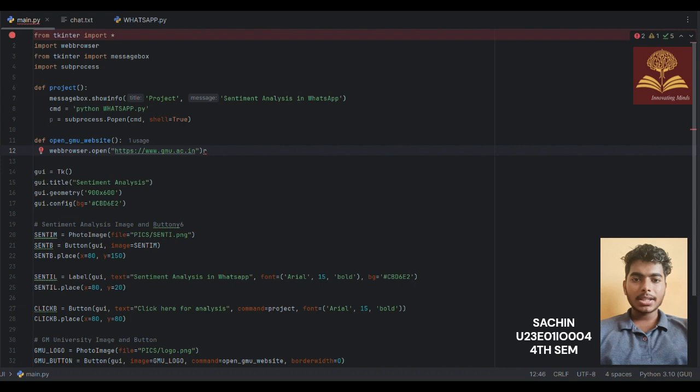First one is the main part and the second one is the WhatsApp.py. So the main part is nothing but an interface, just a graphical user interface. Then the WhatsApp.py is there, right? That is nothing but our backend part, which is actually responsible for the logic. So what it does is